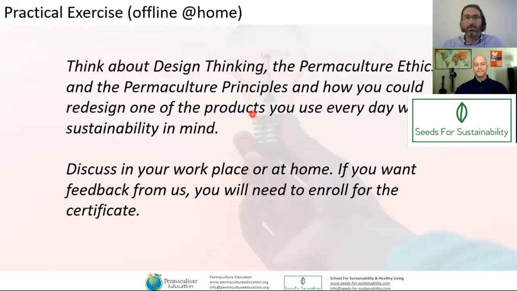So if you see a product that you use every day and you see, oh, the packaging can't be recycled, or I have a cell phone, for example, and the materials in that cell phone are problematic. So these are things for us now to think about and find alternatives, and there are alternatives, and we need to look for them. So this is the next little exercise for you to take home. How can I apply permaculture principles to my everyday living, and what are the problems if they are not applied to my everyday living? Basically, that's more or less the contemplation exercise.